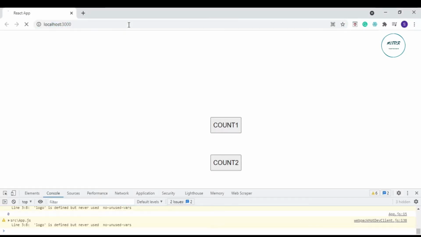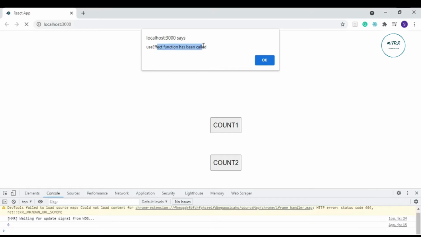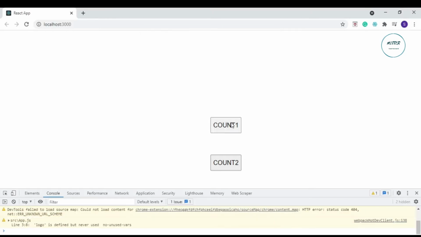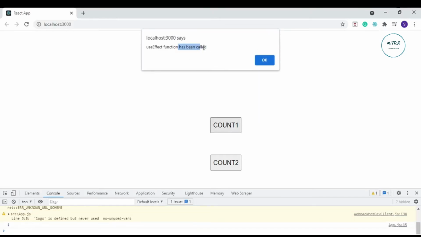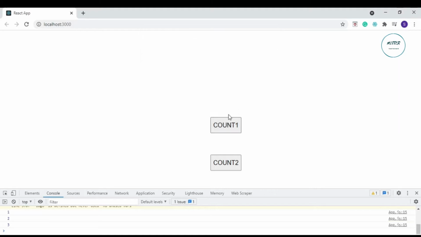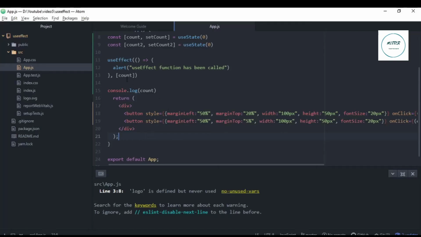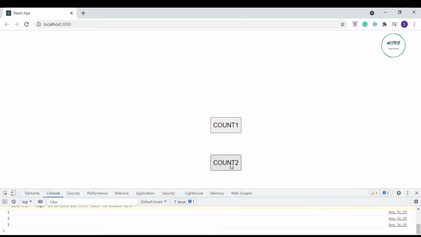If I refresh this page, my useEffect has been called. Now if I click on count1, my useEffect is being called because the count variable is changing and it's in the condition of the useEffect. And now what if I click on count2? If I'm clicking on count2, the useEffect is not being called.